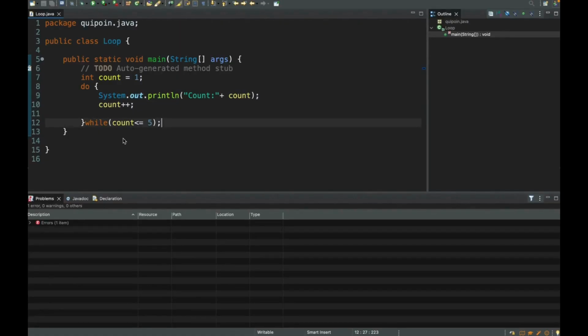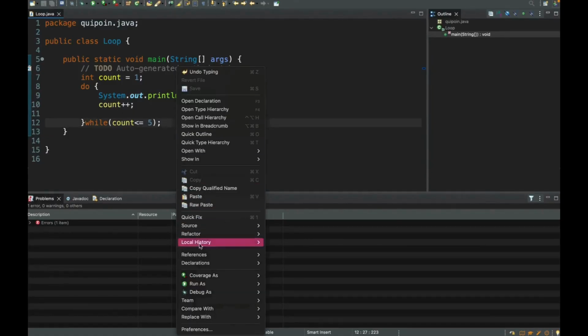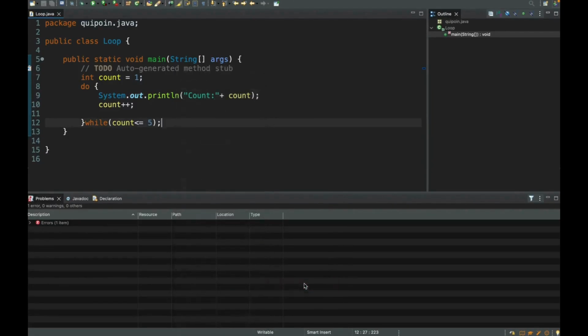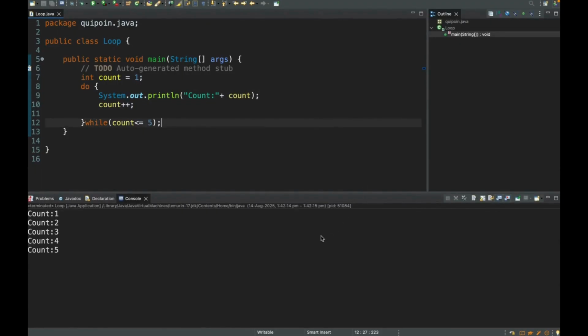So if I run this, you will see it prints from 1 to 5. And if I set count to 10 from the start, it will print once before stopping because the condition is checked after the first run. Now let's run it to check if this works, and now proceed and you can see it's counting till 5